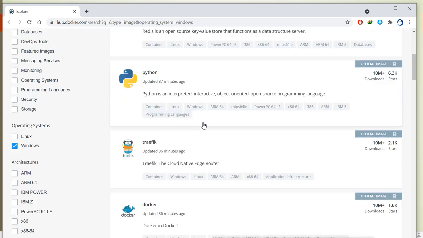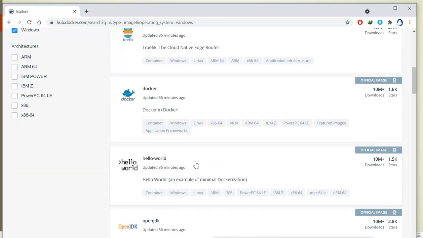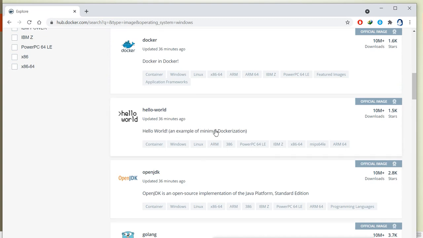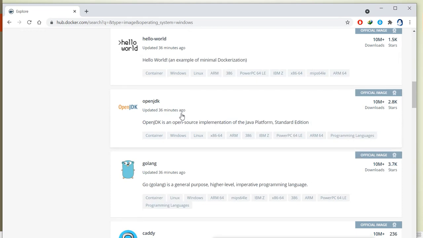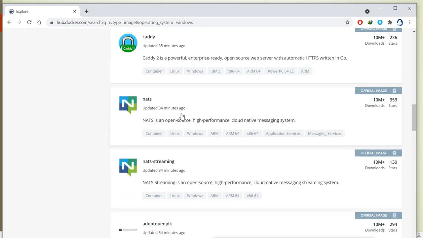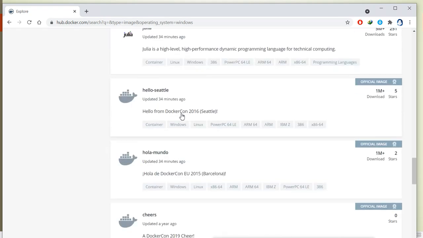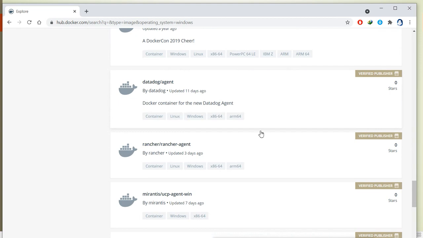So you can see this will work for both Windows and Linux. Python, Docker, Hello World. Hello World is just an example of minimized Dockerization. This is just to check whether your Docker container is working or not.